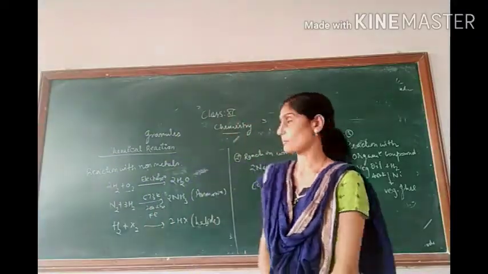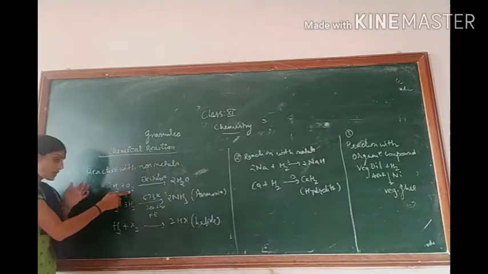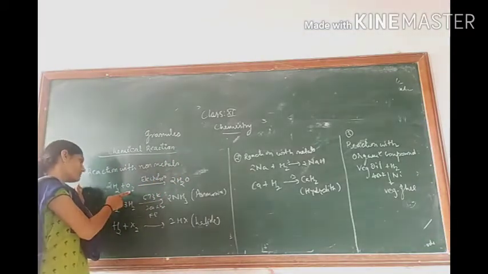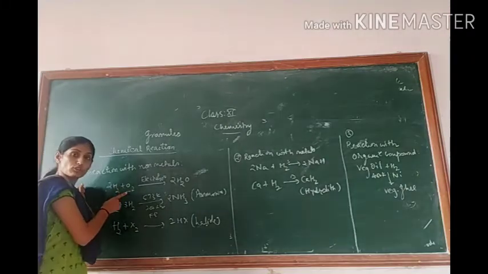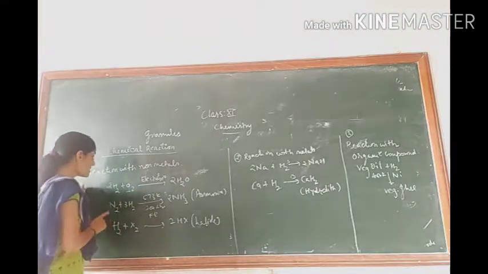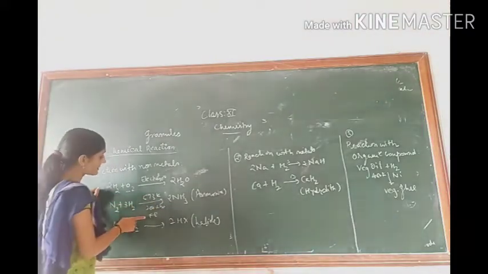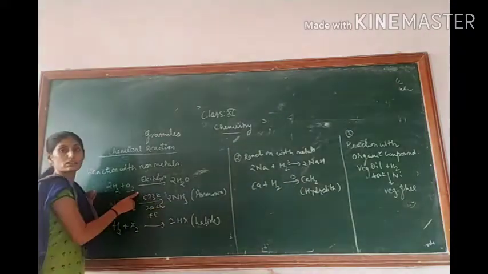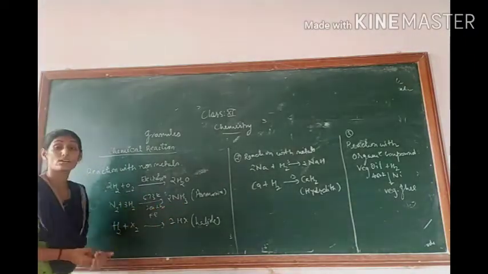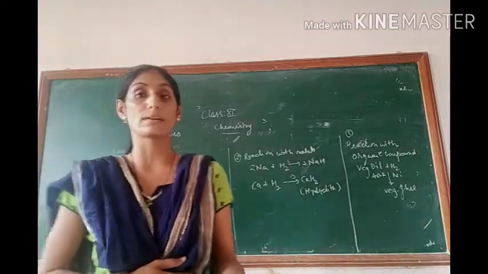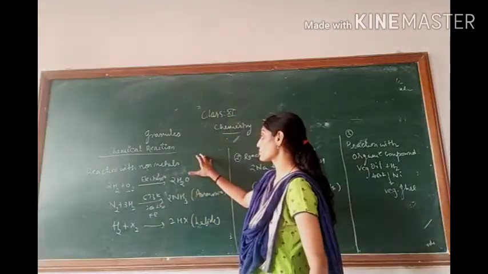Here we are learning about the chemical properties, that means chemical reactions with non-metals, that means oxygen. It is going to produce an oxide with the non-metal oxygen. So here we have taken the example that whenever hydrogen reacts with oxygen, it produces water. Whenever it reacts with the non-metal nitrogen, it produces ammonia in the presence of iron as a catalyst. Temperature is maintained at 673 Kelvin and 200 atmospheric pressure for the formation of ammonia. And lastly, whenever it reacts with halogens, it forms the halides, that is monoatomic halide or diatomic halide. So that is the reaction of hydrogen with non-metals.